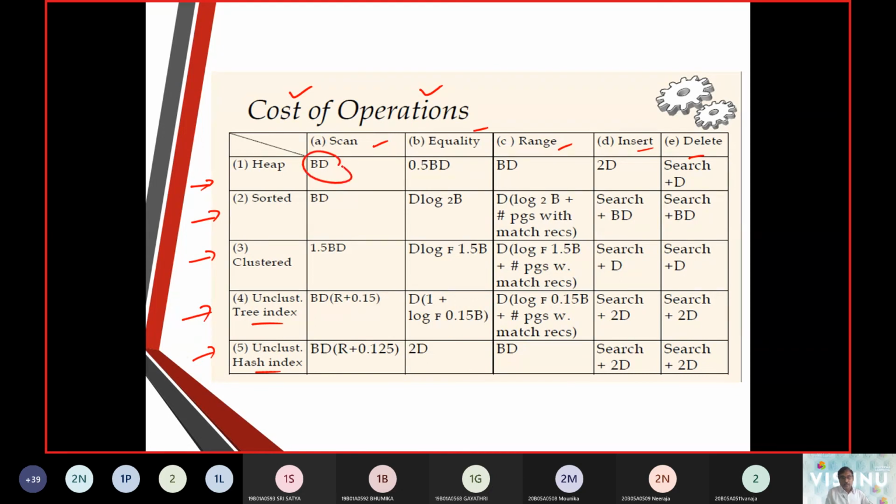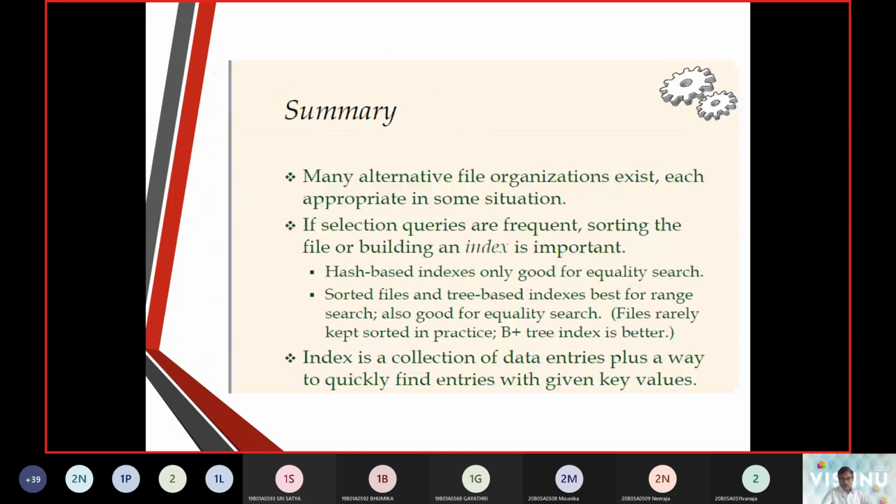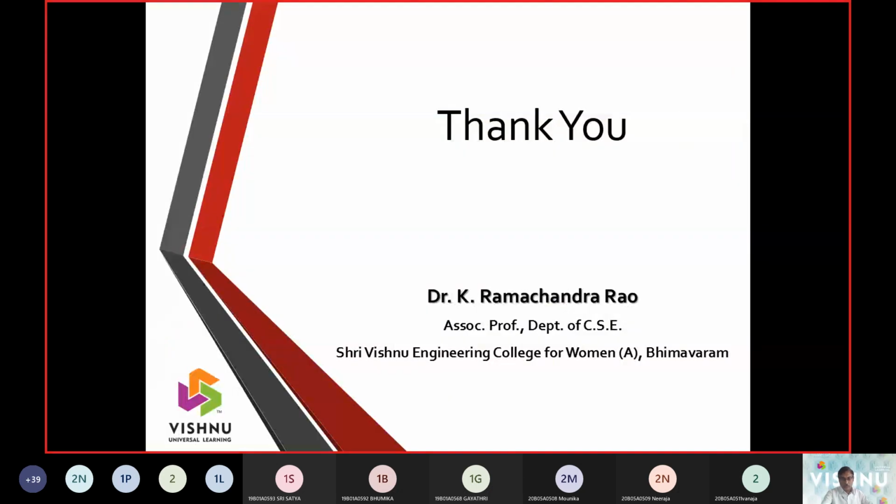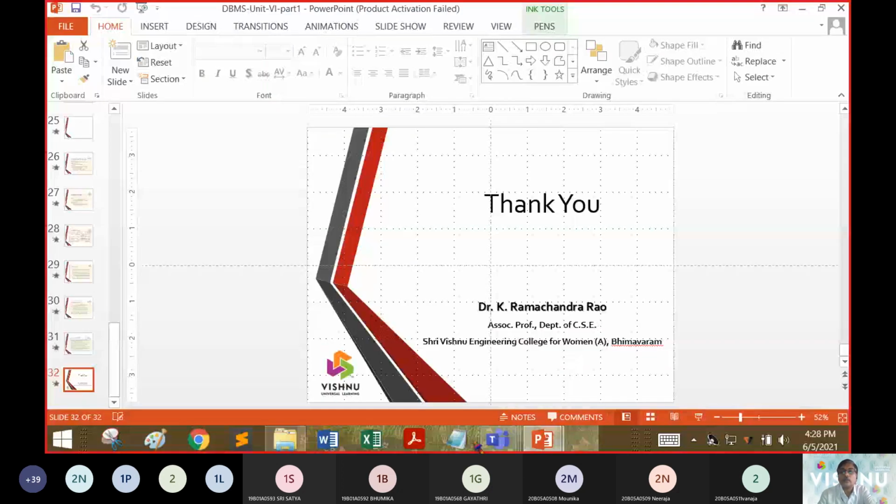They are built up with three parameters: B, D, and R. One is the number of data pages, two is the number of records, and three is the average time to make a read or write operation. So using these three, we are going to make the cost functions. That is what we have discussed for today regarding indexing.